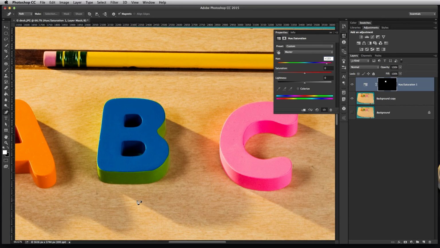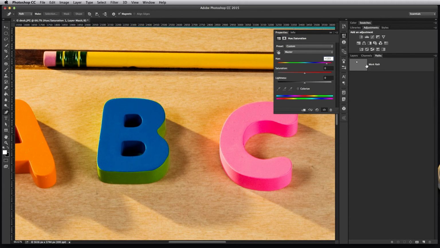So the cool thing about a path is that you can come back later and you can Command or Control click again and load it again as a selection in case you wanted to change things or make another copy of it,